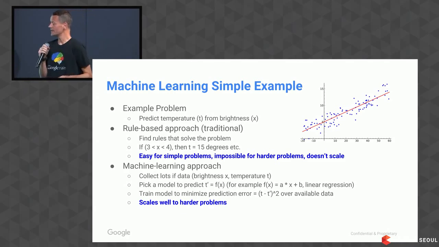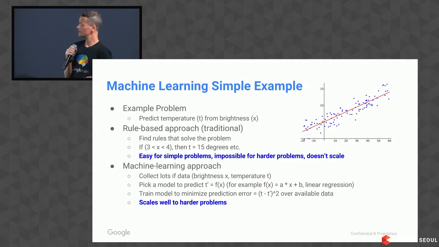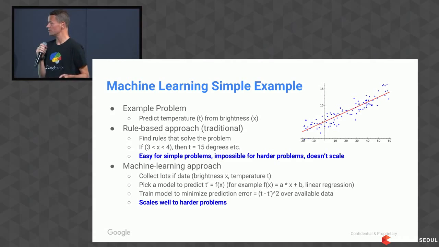This is actually an okay approach for simple problems, like maybe this one, but it's impossible for harder problems because it doesn't scale. When you have high dimensionality, when you have a lot of data that cannot be looked at by just a human, this process doesn't scale at all, and that's why it doesn't work for bigger problems. So for the machine learning approach, you collect lots of data, here brightness X and temperature T,